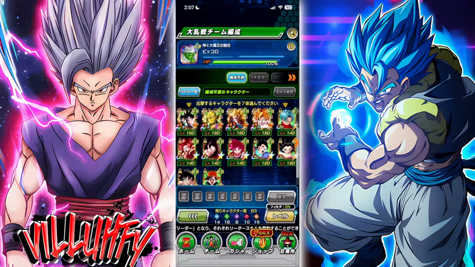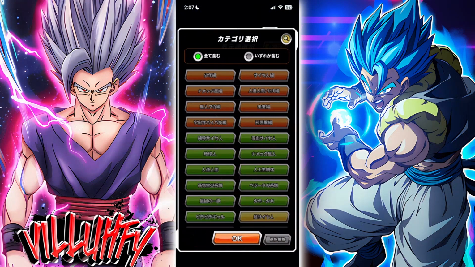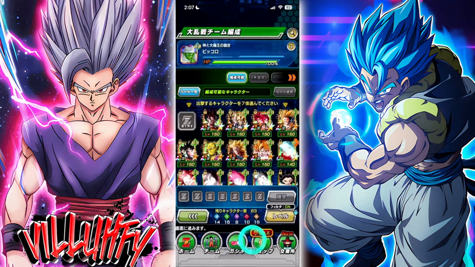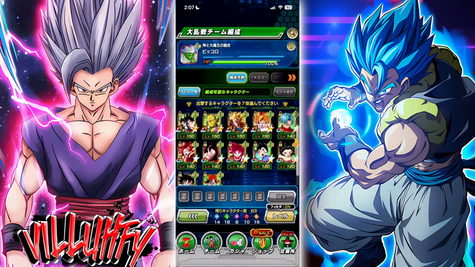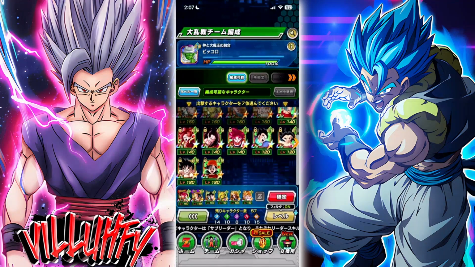Let's do... I don't know what I want to do here. Can I just run like a superhero, kind of like movie hero setup? Probably not. Because I'm trying to save God Goku and Caulifla for the last fight, and I don't know how I'm going to set that up. So we'll do movie hero, movie hero, movie hero, movie hero, movie hero, movie hero, and then...